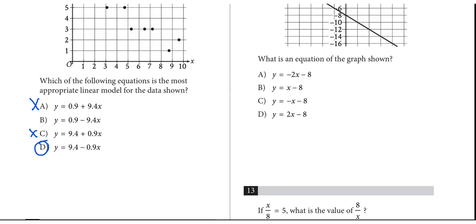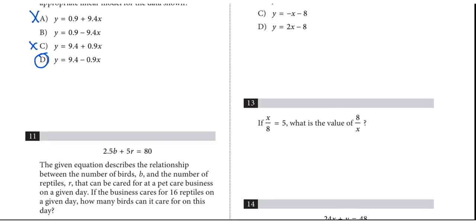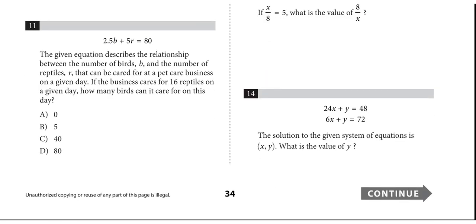All right, so let's quickly go to question 11. The given equation describes the relationship between the number of birds B and the number of reptiles R that can be cared for at a pet care business on a given day. If the business cares for 16 reptiles on a given day, how many birds can it care for on this day? Okay, since the number of reptiles cared for was 16,